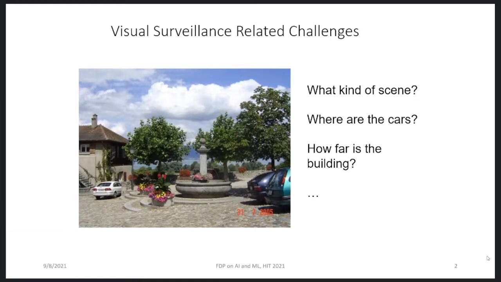Even then, don't assume that all the computers will be answering in the same way. If you ask the three questions on the right side to 5 human beings, they may also answer differently. Okay. So it's not about whether they are answering differently or not. The question is whether they are able to answer it or not. A particular question, what kind of scene, may have multiple answers also. It's perspective. I may say that this is a natural scene. Somebody may say that this is a parking lot scene. Somebody may say that this is a scene with